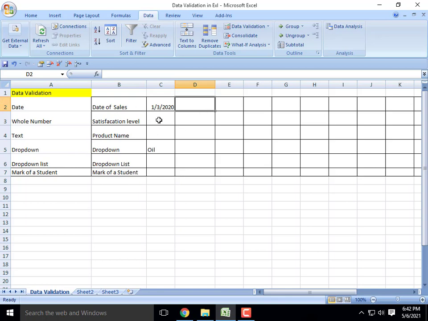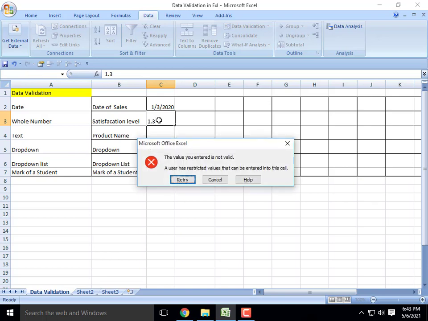The next one is numbers. Suppose I want to enter certain numbers; here I can fix from which number to which number I want to enter. I want to enter whole numbers only, between one number and another. Suppose I enter 1.3 here, you get an error message.